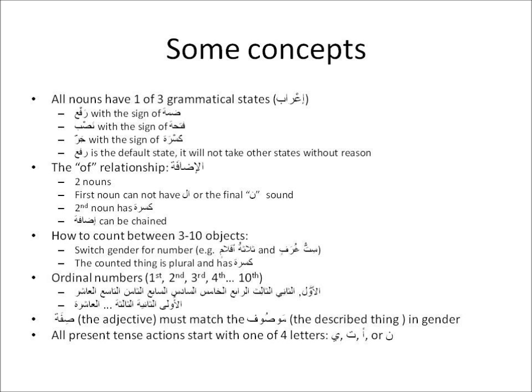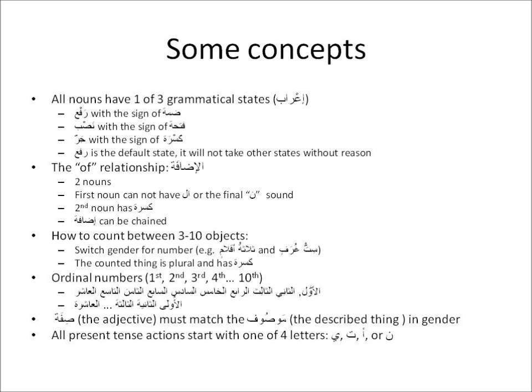So what you have to do is take off the ta to make it masculine. So it's a little tricky. This is something that still gives us a little hard time, but it's how the Arabs speak, and that is that when you're counting between 3 and 10, the number differs, it disagrees with the thing that you're counting in gender. So ghurfa is feminine, so you use the masculine version of the number.